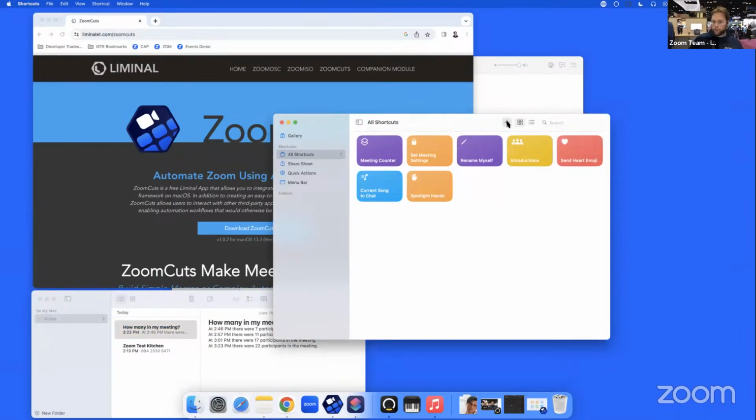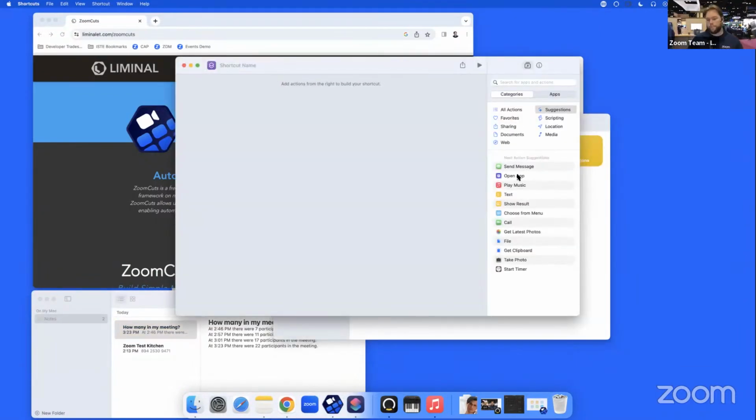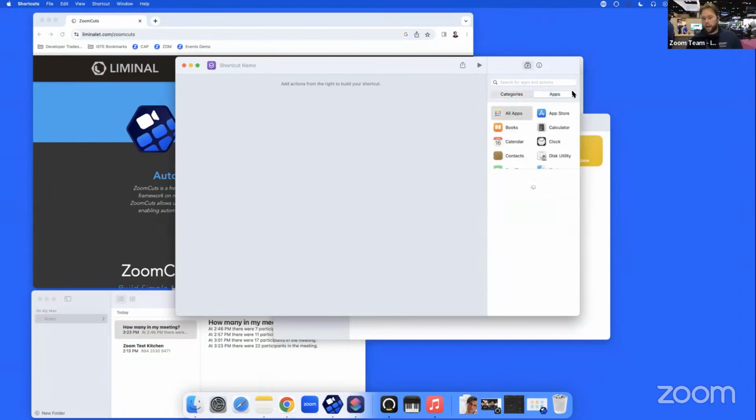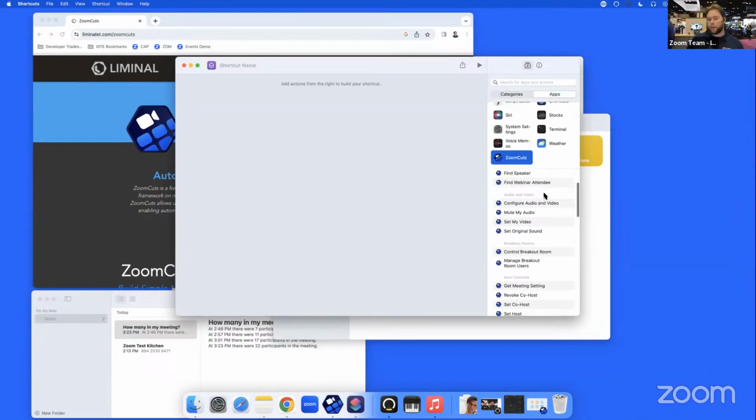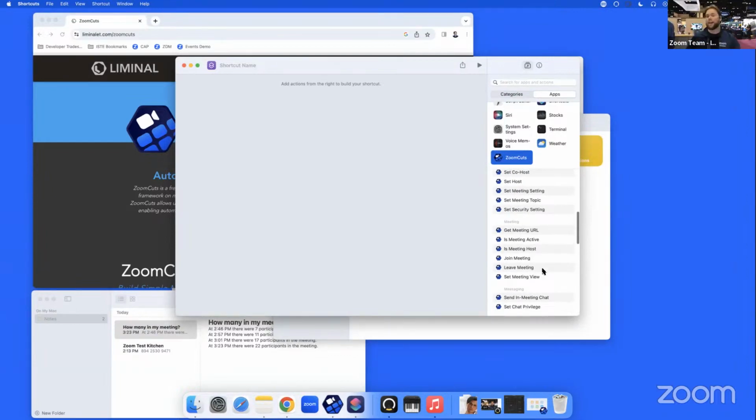I'm gonna hit the plus button in the Shortcuts app. It's gonna create a new shortcut. When you have ZoomCuts installed on your computer, at the bottom here, because Zoom is the letter Z and that's probably the last thing you have installed, there's ZoomCuts, the app. In here, you're gonna find over 40 different app intents. And again, these are not individual actions, these are collections of actions that can take place. So if you think about all the different things you can do with these 40 top level things and all the things that live inside of them, there's actually so much more that can take place underneath the hood. So let's say I want to build an example where I'm going to send the count just to the meeting chat in this case.